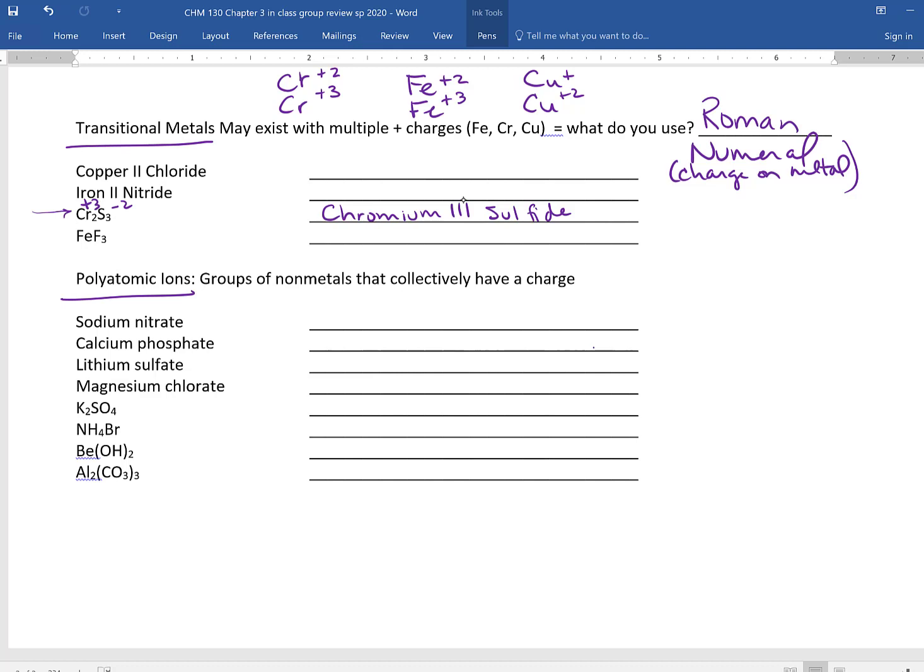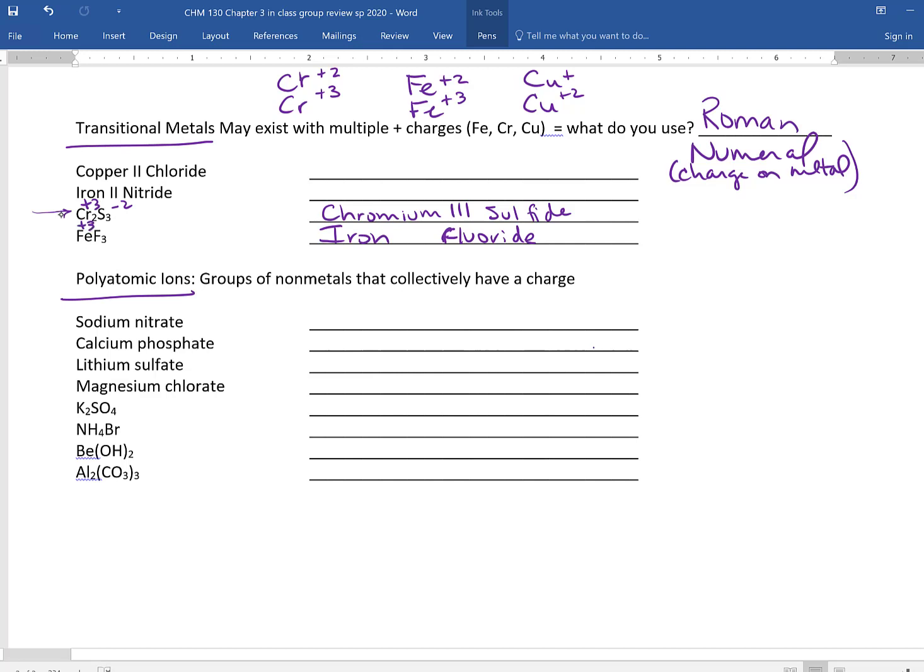So the next one, FeF3 would be not chlor, that's fluoride, iron fluoride. So just like any of the other ionic naming, you would do it that way. To figure out the charge on the iron, do the reverse swap from the formula. So that means that the charge on the iron would be